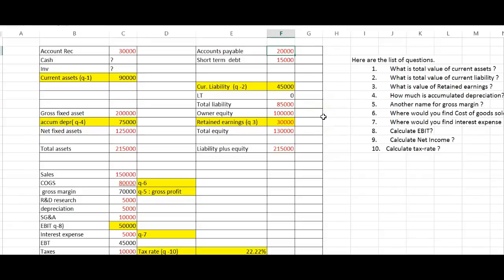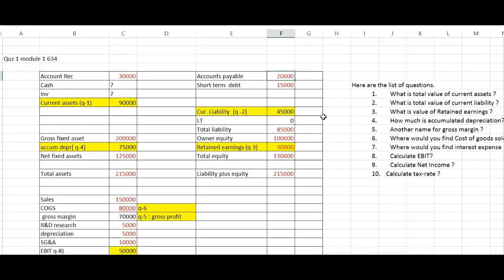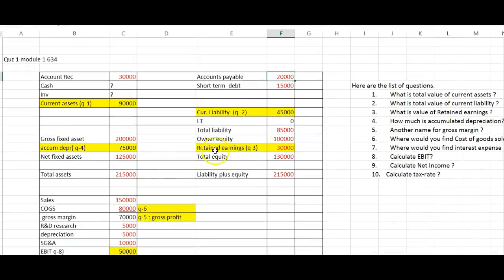So the first question was, what is the current assets? If I take my total assets, it should add up to my net fixed asset and my current assets. So if I know my total assets and my net fixed assets, then by default I can figure out what my current asset is,